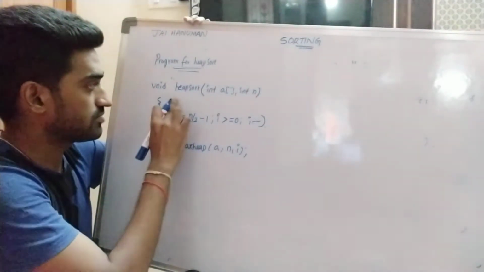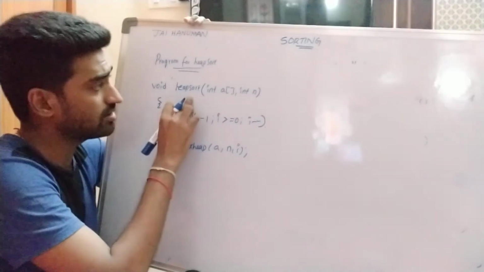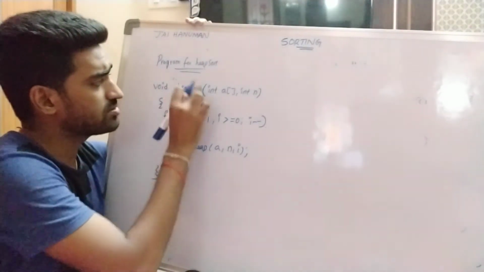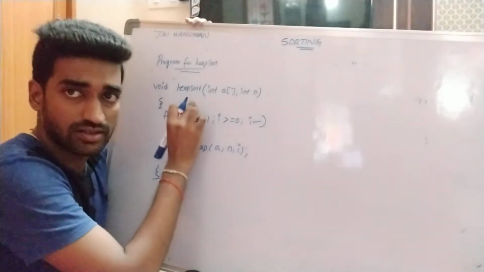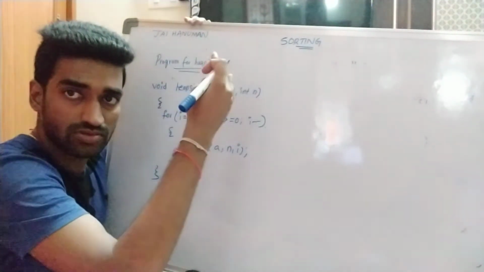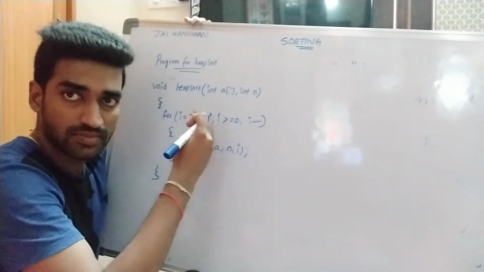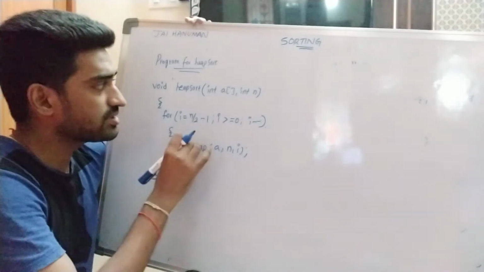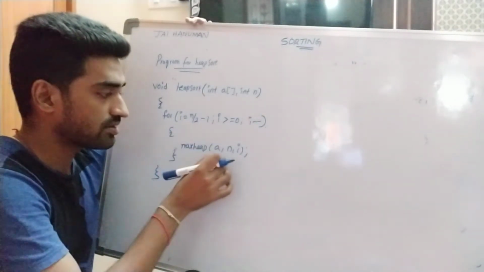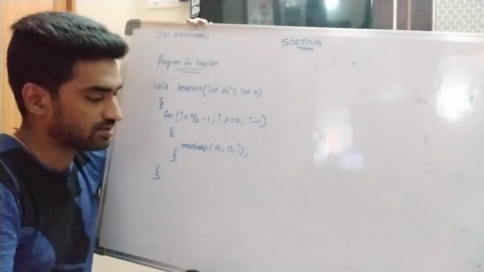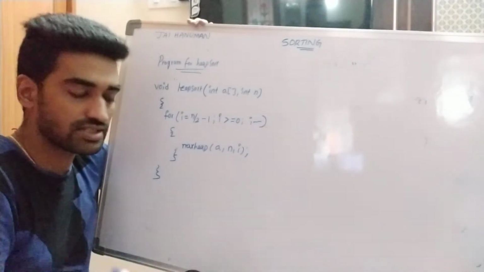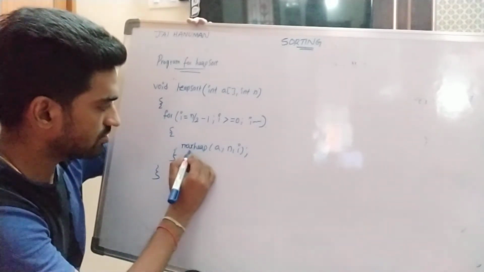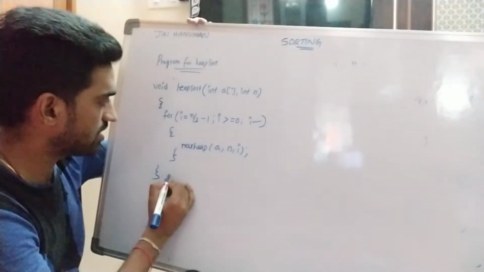So next is the function definition for heapsort. What is the main purpose of this one? By using this function definition, we can replace the root node with the last node, and check whether it violates the max heap tree property or not, right? So then I am writing the function definition for heapsort, and first max heap of a, n, i.